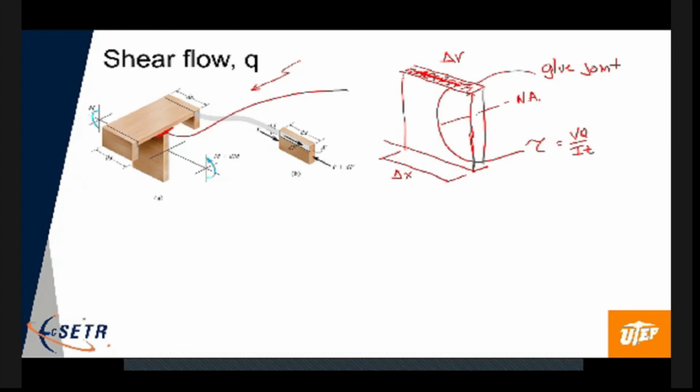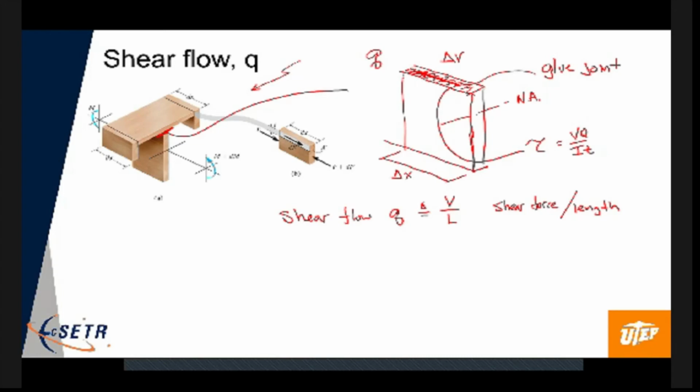Now, flow Q. I'm going to define that as this shear force per length. Okay. All right. So we'll talk about how you calculate it now, but let's say we could figure out the shear flow Q acting on that glue joint. So it would be something like, okay, the shear flow on that glue joint is